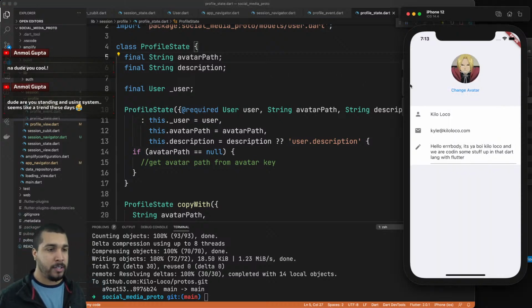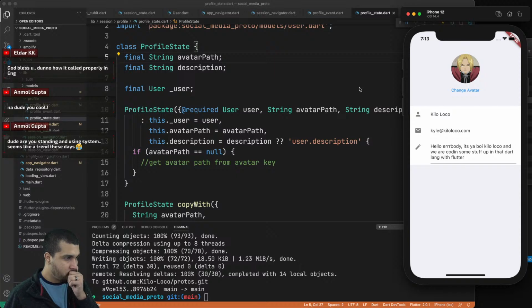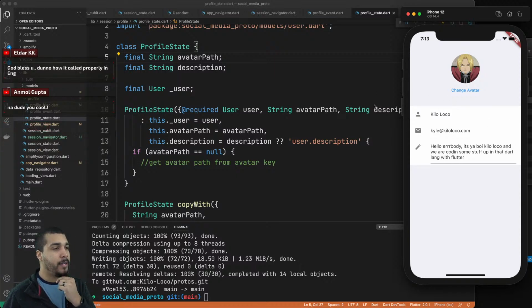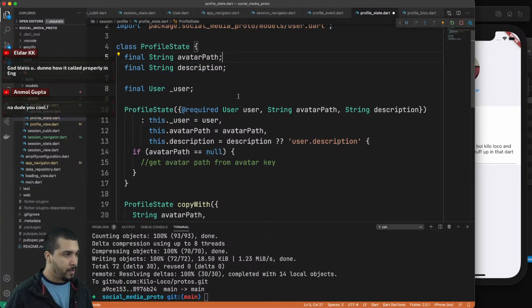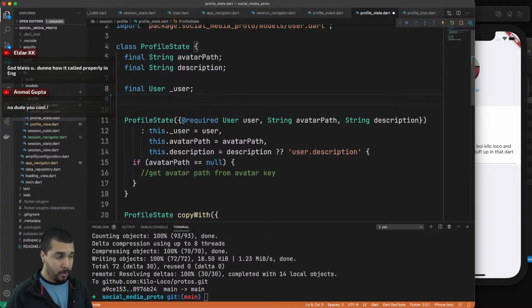So what we actually need to do, I think that we should be providing the username, the email. Yeah, the username and email. I'm not sure if I should be allowing the profile view to actually see the actual user. So if I had to guess about a way to go about this, I would say that it would be like this. And since I have the user right here,